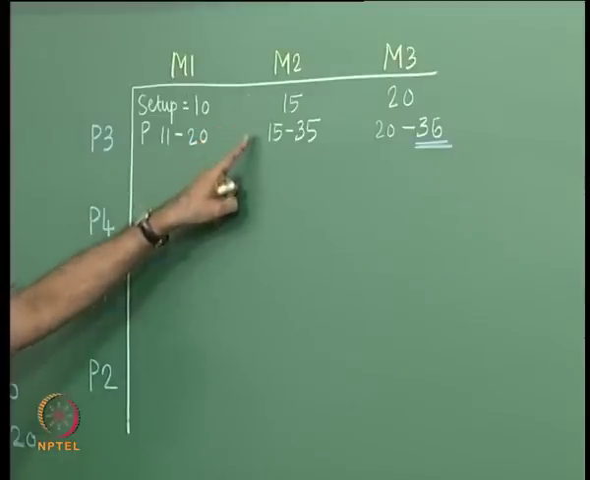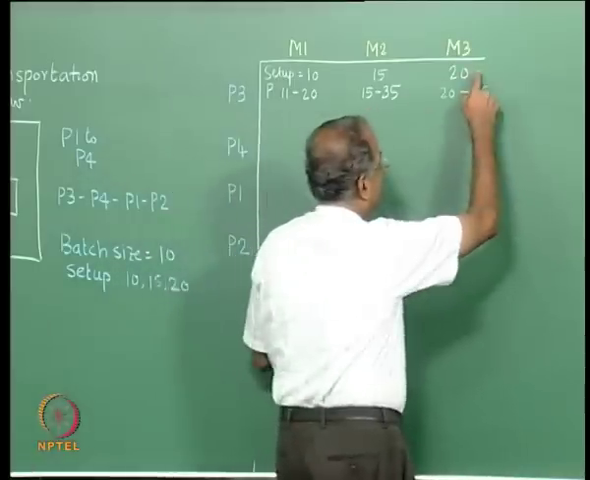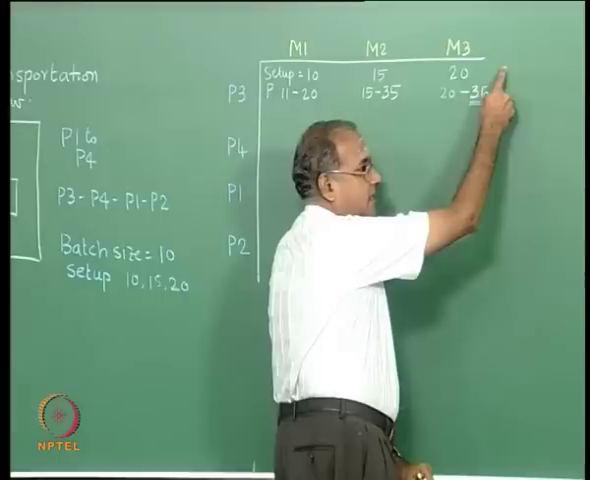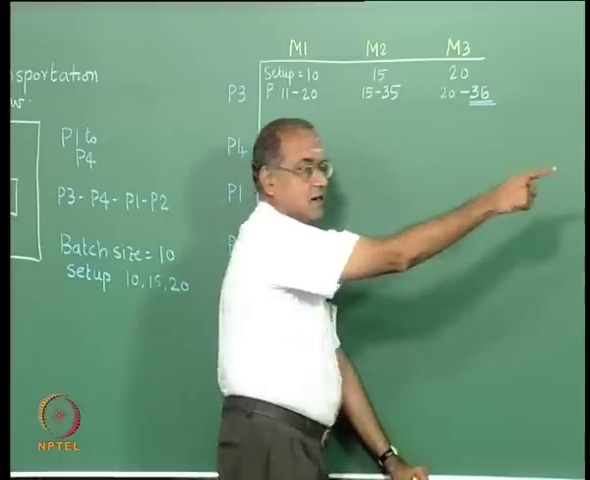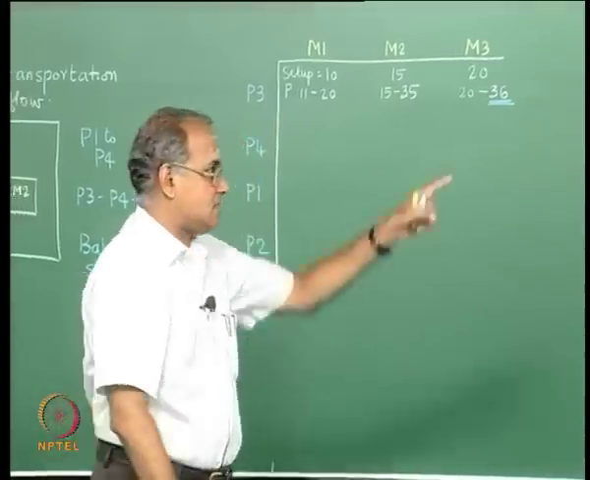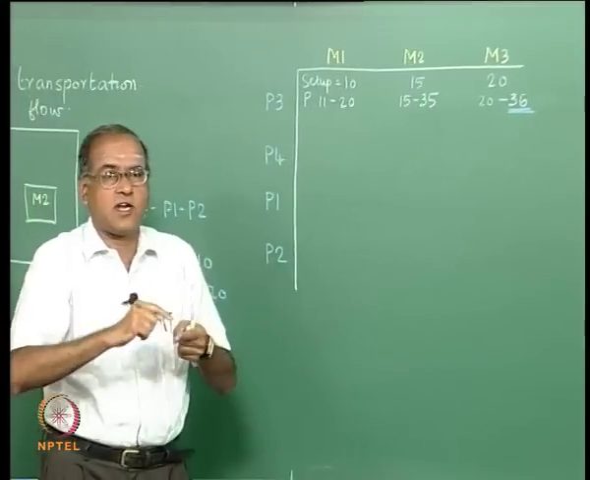The first piece would finish at 26 plus 2, 28. So at 28 it will go here, another 20 time units, 48, and then the last piece will come out at 58. So what is shown in bullet number 2 assumes that the setup begins only after the first